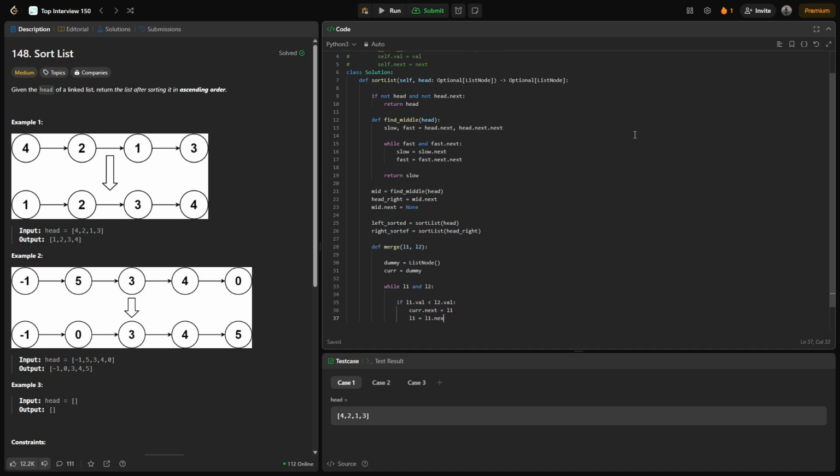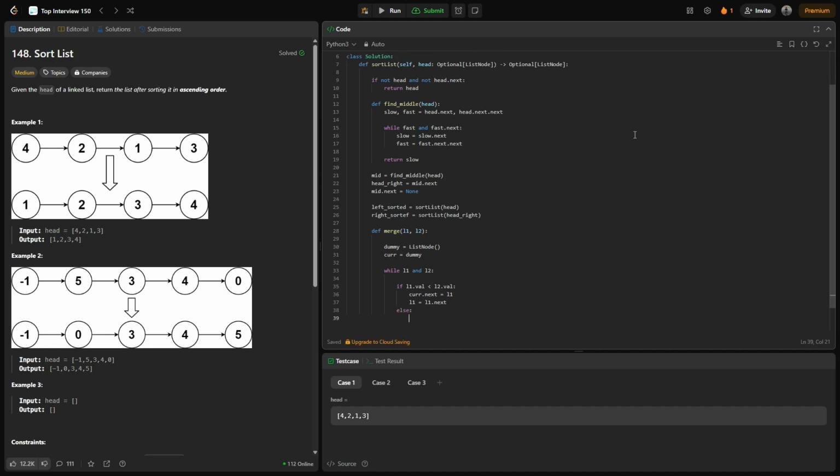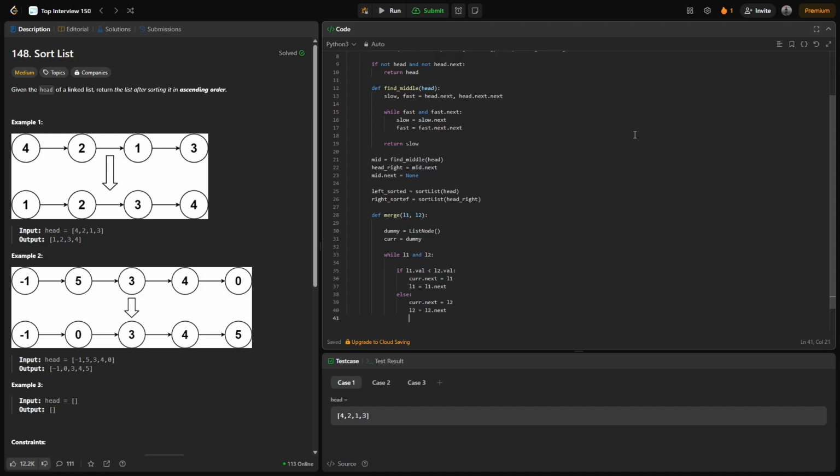So L1 equal to L1 dot next, else cur dot next equal to L2, and L2 equal to L2 dot next,